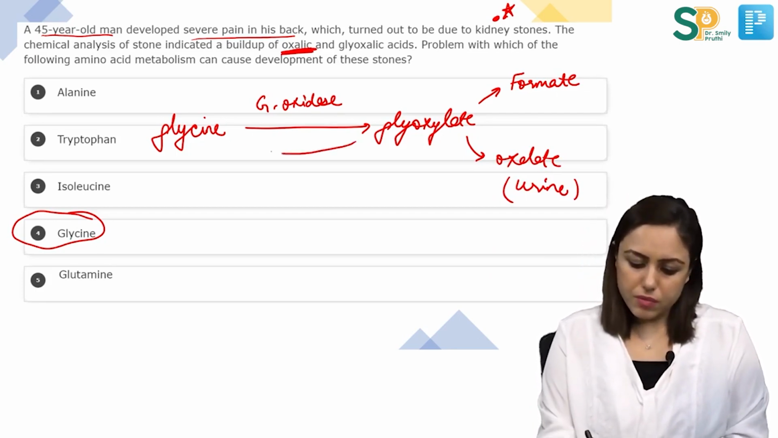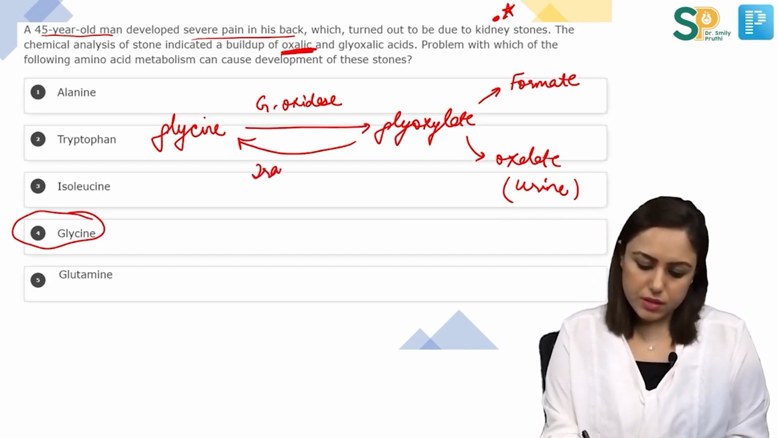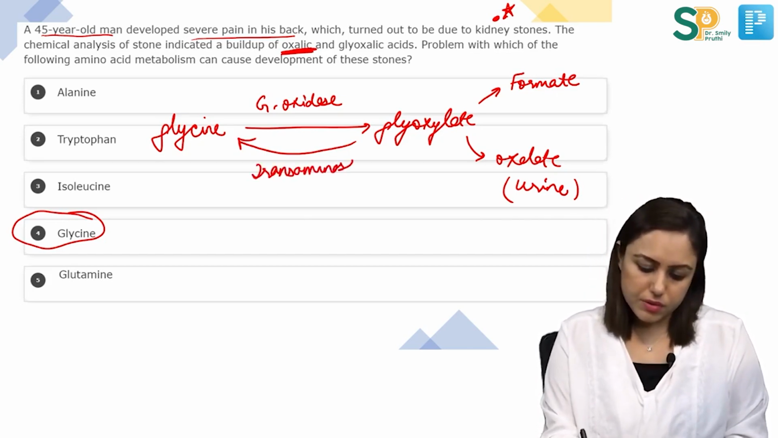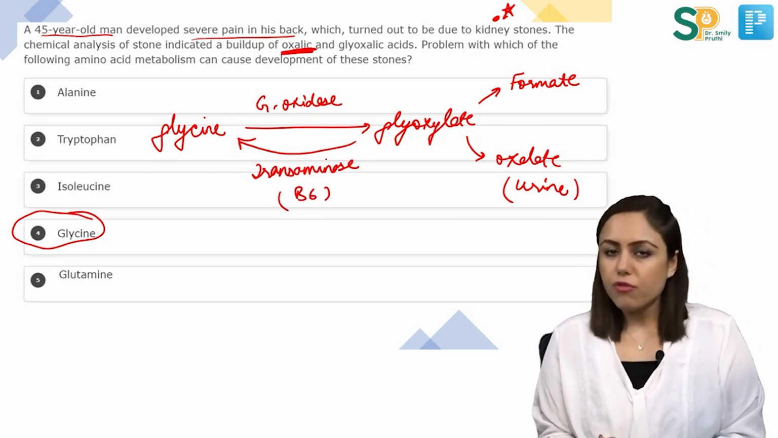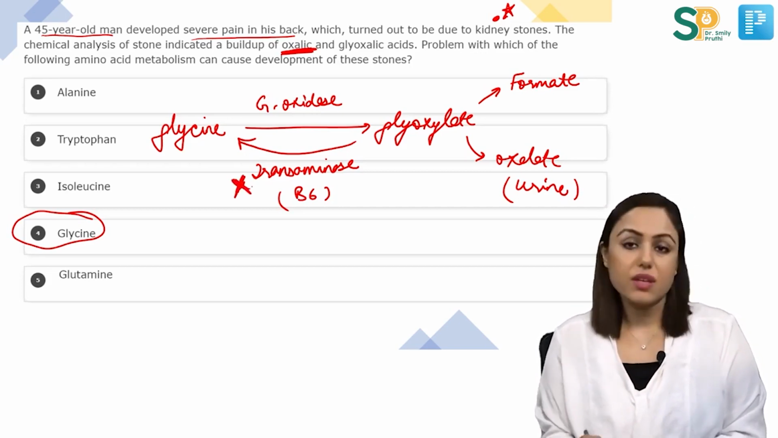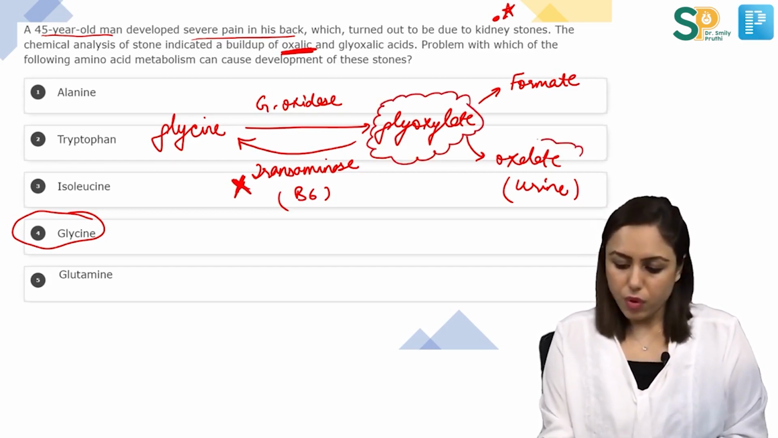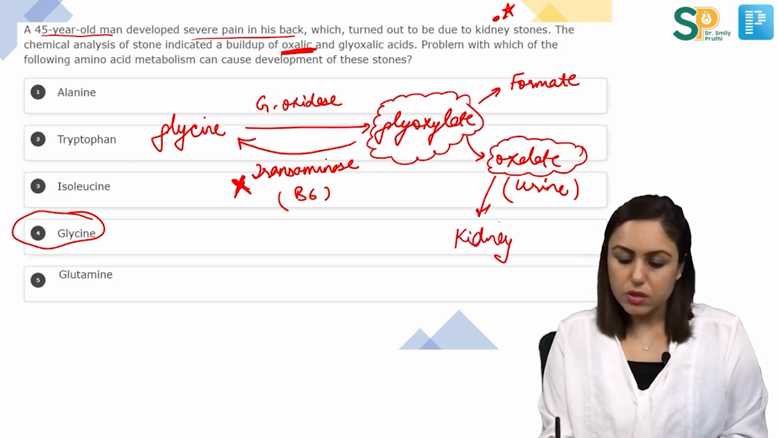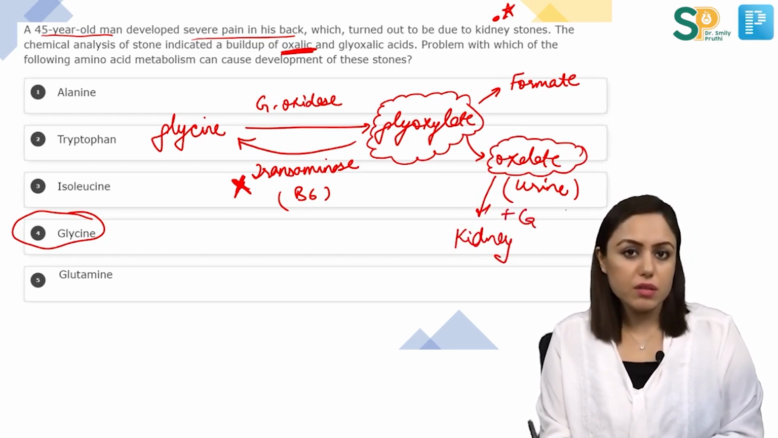Then there is one enzyme which can convert glyoxylate back to glycine. This is transaminase and that requires vitamin B6. If this enzyme is defective, this transaminase is defective, then glyoxylate will be getting accumulated and it will be forming excess of oxalate, and this oxalate will combine with calcium and will make kidney stones